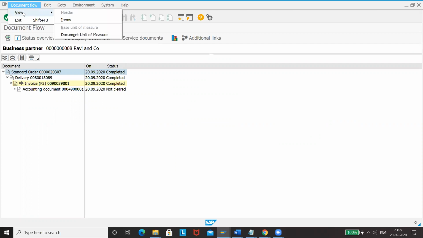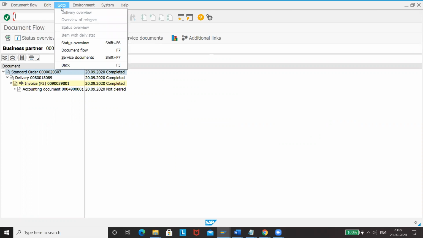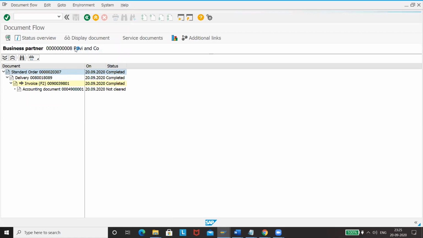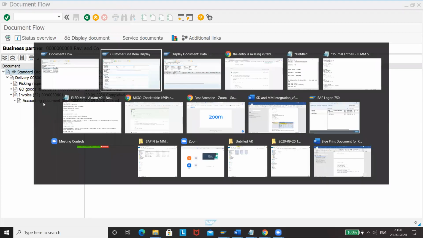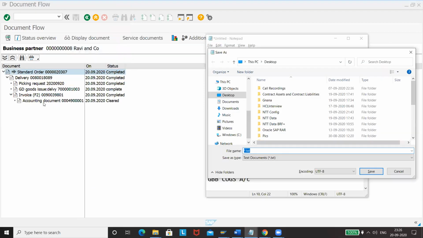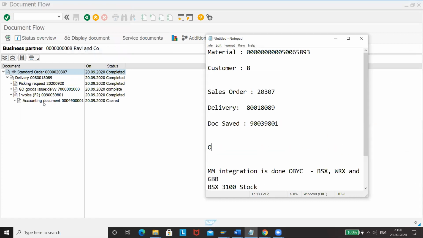Okay, again, I think there should be some option to refresh. Let us click on this again. This not cleared will clear now. Yes, see, that is as well cleared, means this document is as well cleared. Now the complete cycle, that is from order to cash, here cash is collected. Thus, order to cash cycle is completed.